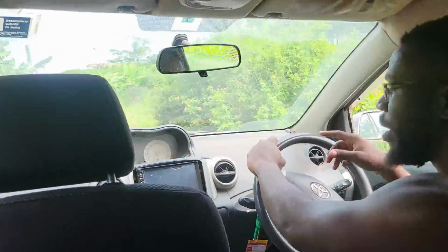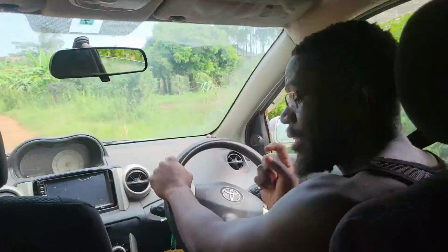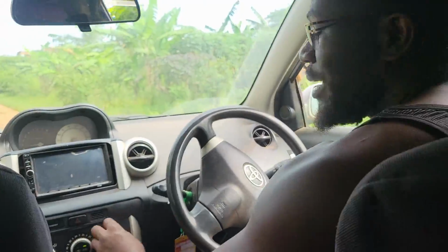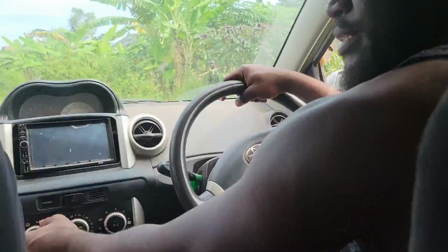Now I'm going to park somewhere and show you exactly how good it is and the things I like about this car. Of course, it has a simple radio, like you could have an Android radio installed in here. It will be big enough. The AC system is also very easy to control. It has knobs, it's not buttons. Of course, then there's something I don't like about knob AC controls, is that the